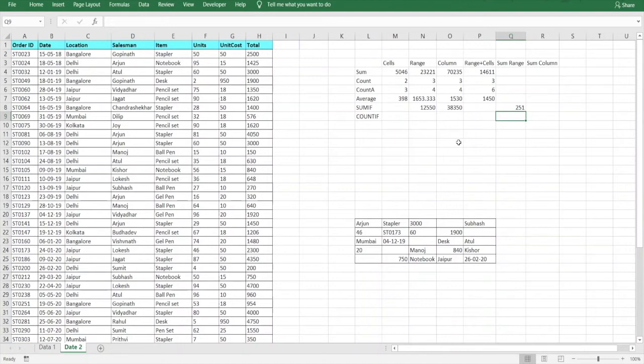Again, now this sum range will be used for the full column in our case. So how will we do it? This SUMIF, and this time in the range, I'll select the whole H column. This is our range, and then the criteria. Again, it would be 2000,